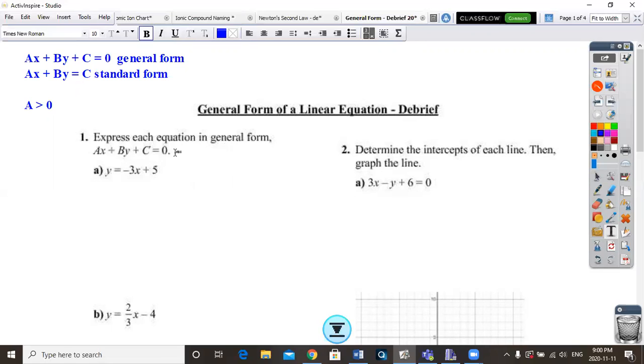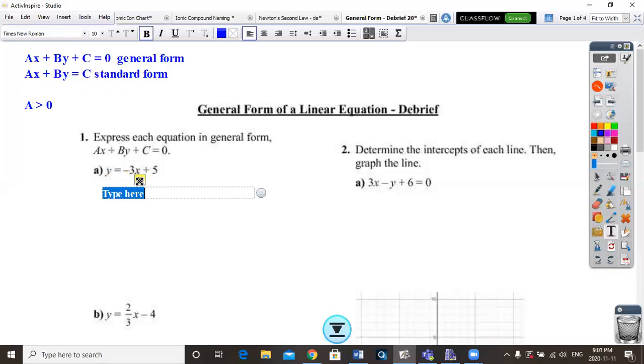Okay, so the first thing that we have to be able to do is to put an equation into general form. And if we're going to put it into the general form, it must be in the form ax plus by plus c equals 0. So essentially, we want all the terms on one side and then have it set equal to 0. So here in this case,